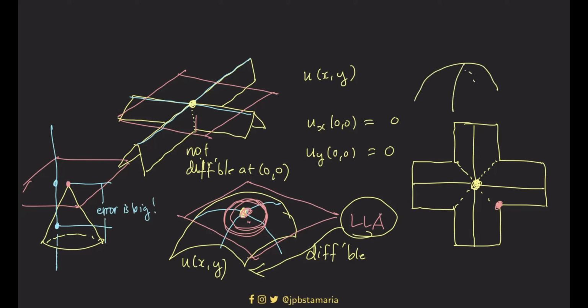Whereas, kapag ang graph mo ay smooth, at nag-drawing ka ng tangent, kunwari yung takip ng sphere, so nag-drawing ka ng tangent plane dito. Pag kumuha ka ng vertical line, malapit ka doon sa point of tangency, yung functional value mo, tsaka yung value doon sa tangent plane, hindi masyadong malayo. Yung error mo is small.